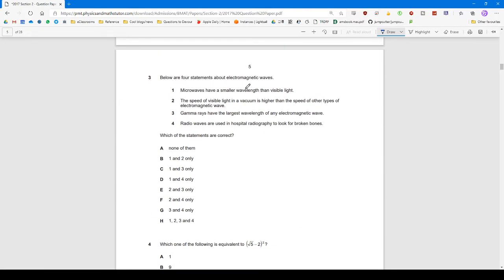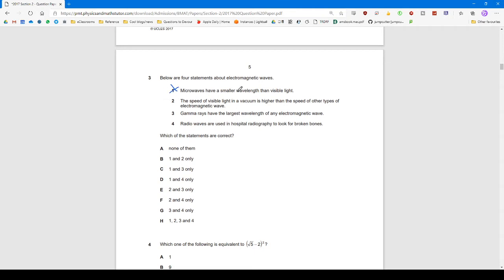Below are 4 statements about electromagnetic waves. Microwaves, timing now. Microwaves have a smaller wavelength than visible light. False. Microwaves are less energetic, they are longer. Visible light is like this. The speed of visible light in a vacuum is higher than the speed of other types of electromagnetic wave. False. All electromagnetic waves move at the speed of light in a vacuum. Gamma rays have the largest wavelength. False. Highest energy, lowest wavelength. Radio waves are used in hospital radiography to look for broken bones. False. X-rays are used. Which of the statements is correct? None of them. Okay. So that question took 28 seconds,